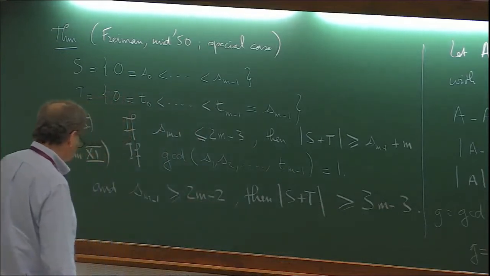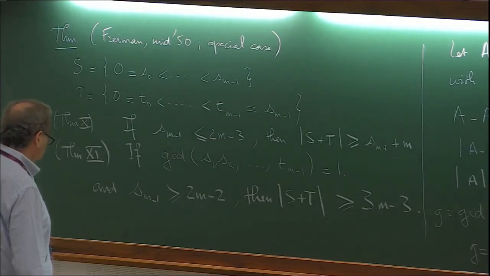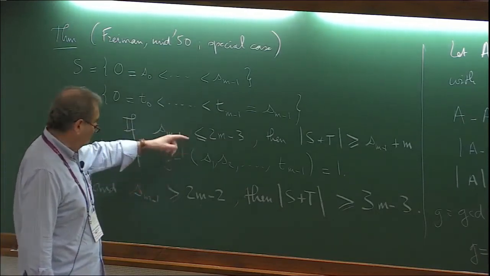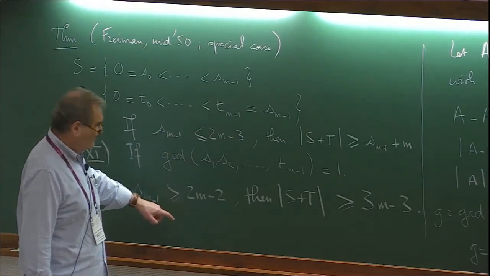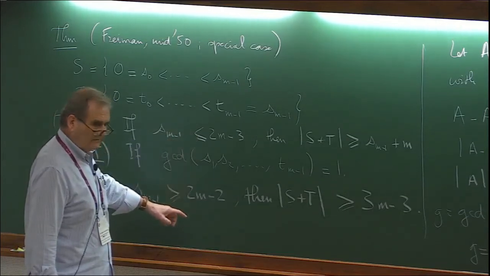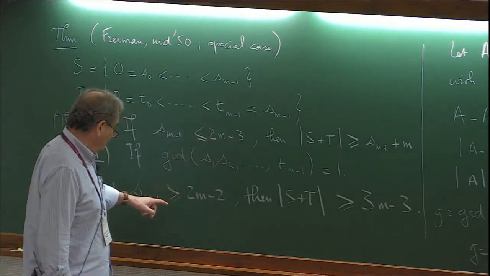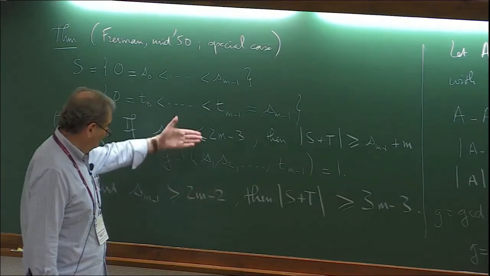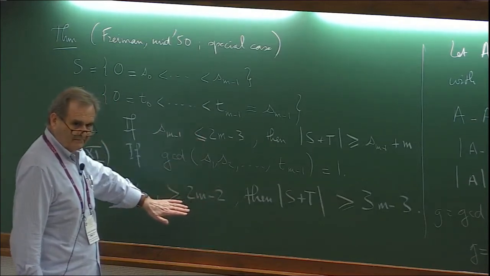Okay. Yes, but I put equality and equality, so there is no other choice. If I say it is strictly larger than, if I say that it is strictly larger than 2m minus 3, it means that it is larger than or equal to 2m minus 2. This is the opposite. But you think even this doesn't work? No, never mind.